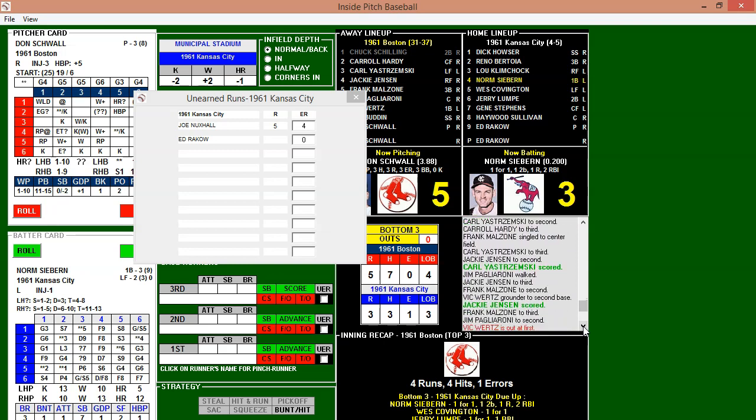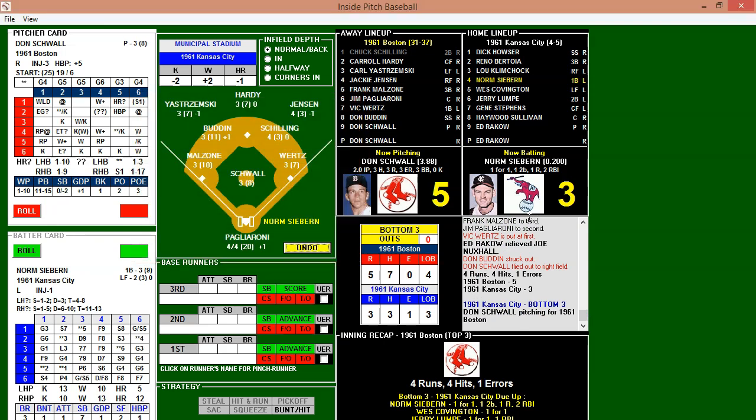Yeah, I think that was the only error. Yep. So that's correct. So Nuxall allows 5 runs, 4 of them earned. So the Red Sox score 4 in that inning and take a 5-3 lead. So Schwal now with a lead heading to the top of the 3rd.